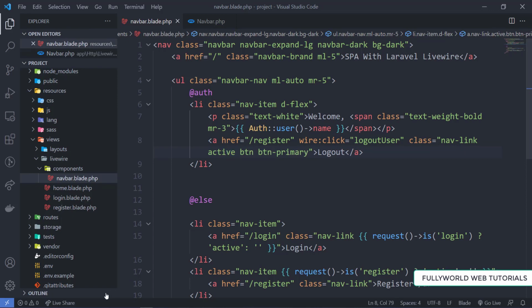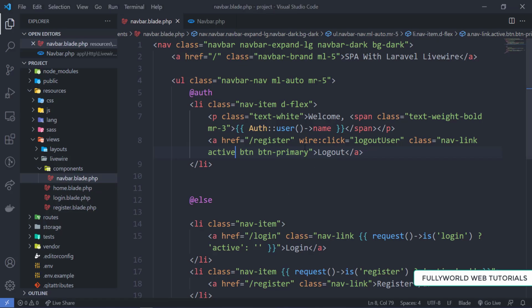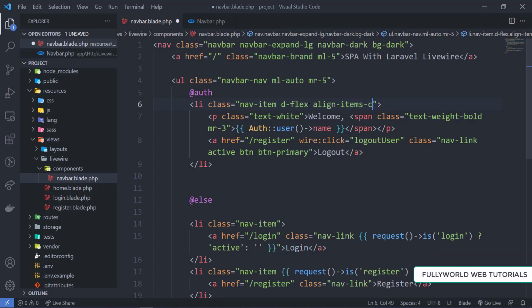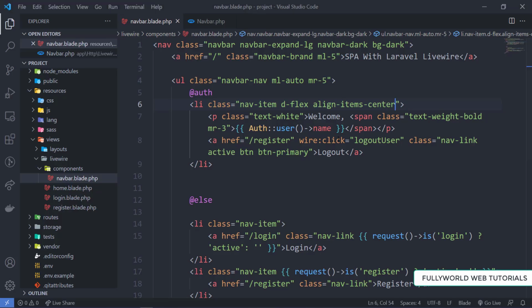Save it. Now let's see. I'm reloading this. Now see that we are getting it like that, but it is not in the center here. So for that I'm using align-items-center. Save it, and now let's reload this. Now it is a little at the center here.